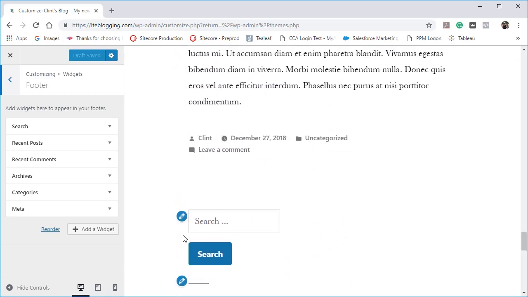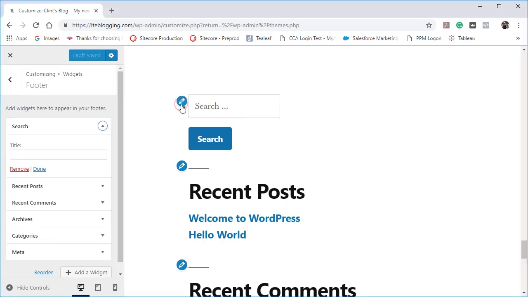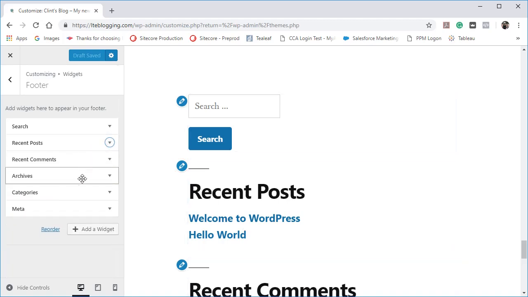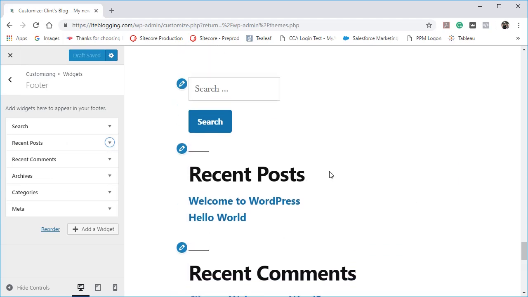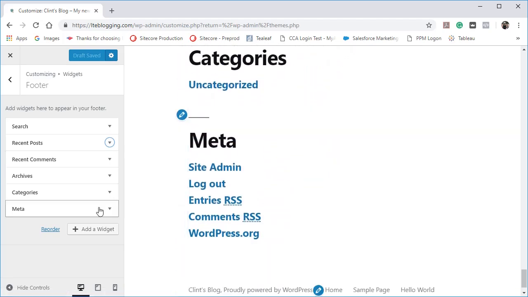As you can see, you've got the search. As I hover, you can see it hovers over there to the right. You can also edit the elements within the content window as well, just by clicking on this button. As you can see over here to the left, it just dropped that down when I clicked on it. So you can edit over here or over here. But these are going to be, in order from top to bottom, as you see in the actual rendering over here: search, recent posts, recent comments, archives, categories, and meta,